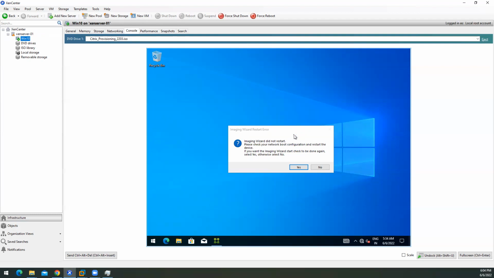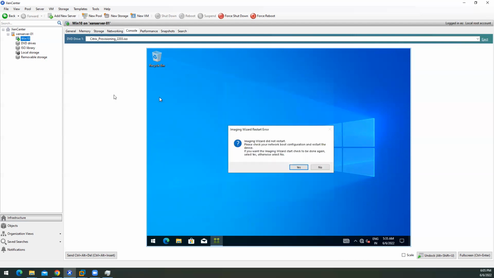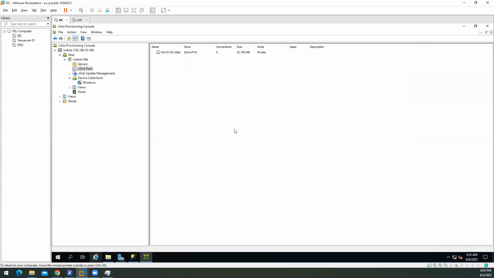Okay, imaging wizard did not restart. Please check your network boot configuration and restart the device. Okay, so this may happen with you as well. So actually, this device is not booted with PVS. So if I click here, you can see boot from local hard drive of this machine and not booted from network drive. So now what we have to do, we have to go to our